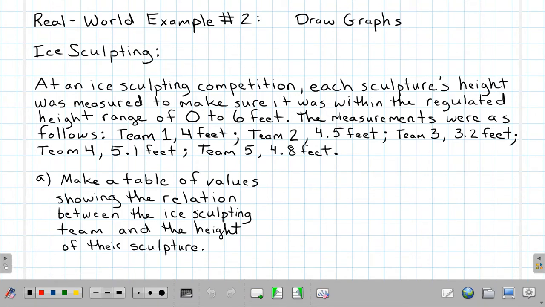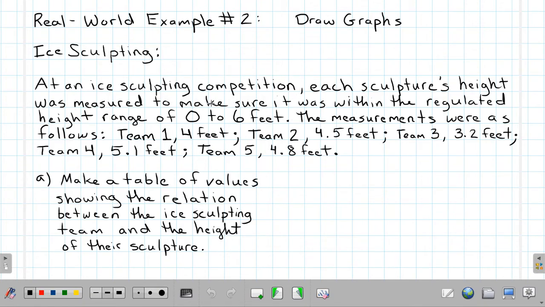Now, it says the measurements were as follows. Team 1 had a sculpture of 4 feet. Team 2 had a sculpture of 4.5 feet. Team 3 had a sculpture of 3.2 feet. Team 4 had a sculpture of 5.1 feet. And Team 5 had a sculpture of 4.8 feet. Okay, so that's all the information we need to know to answer the questions we're going to be asked about